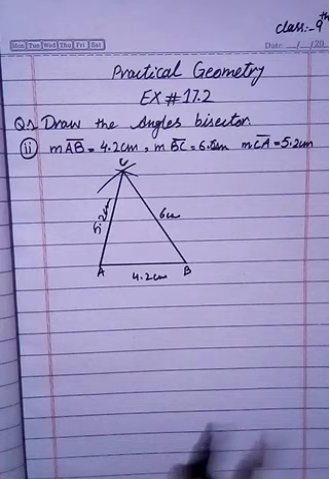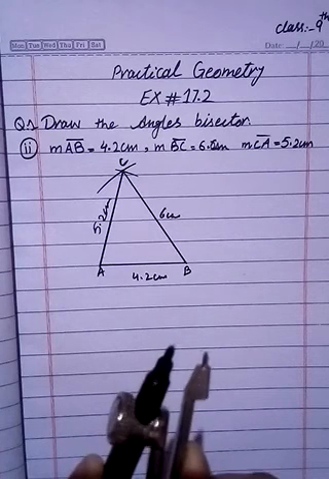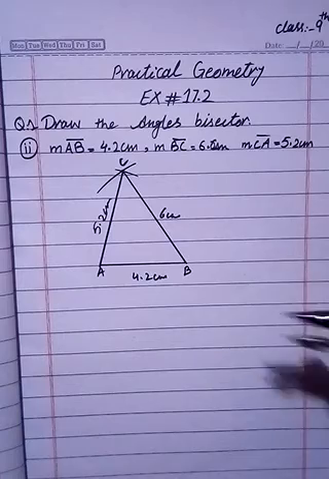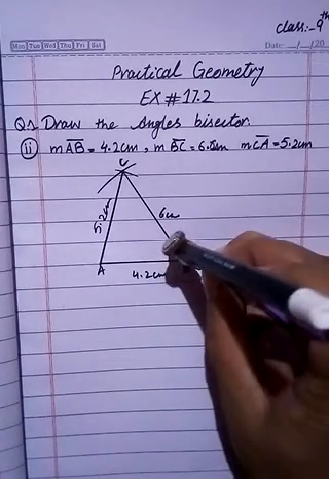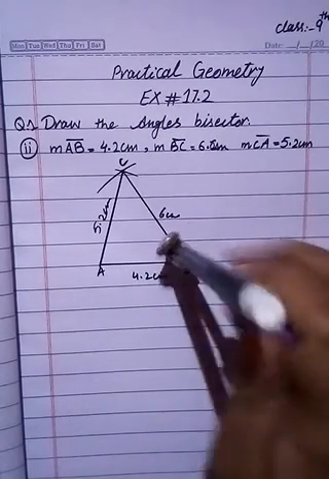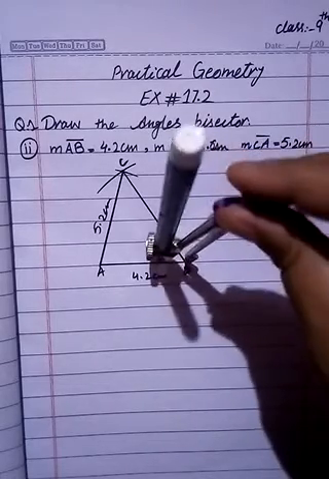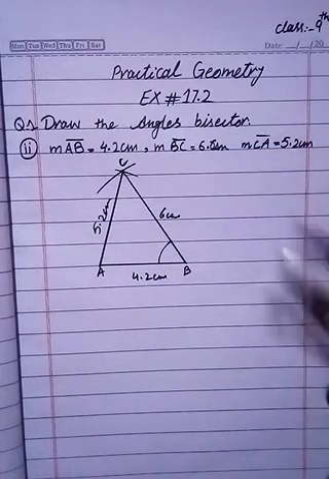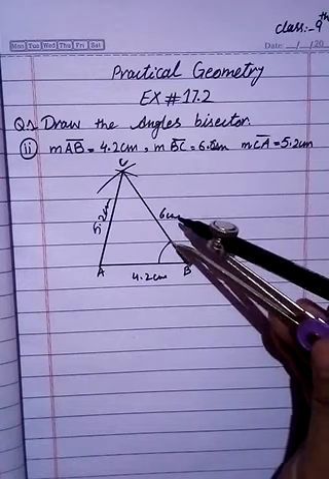Now you are going to construct the angle bisectors. Now open compass with suitable radius, 1 centimeter or 1.5 or freehand. It's your own choice. Now you have to open compass freehand like this. Put compass at point B and draw semicircle at point B. Now check that this semicircle touches these two sides at this point and this.